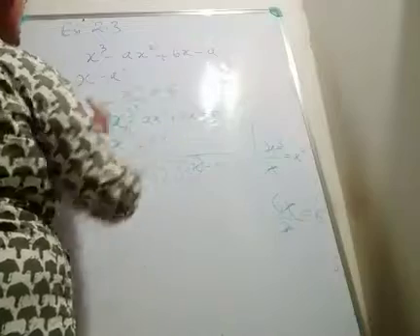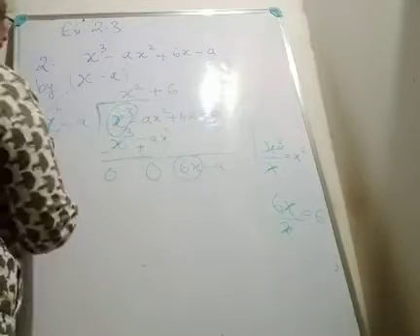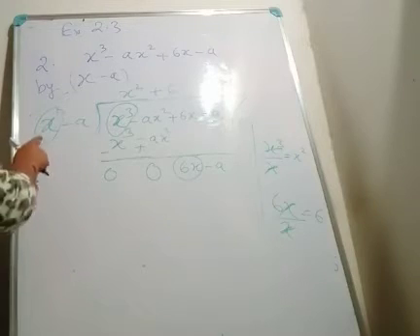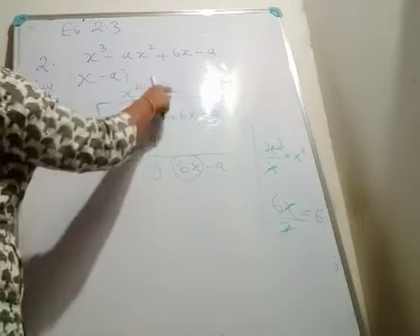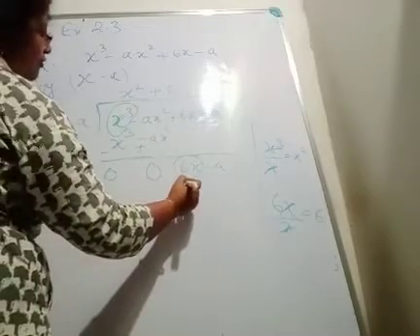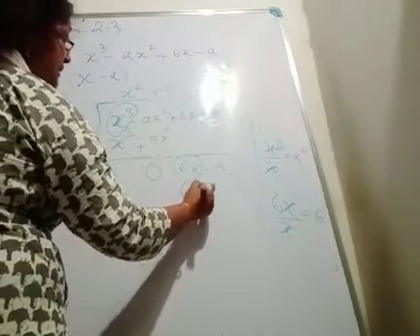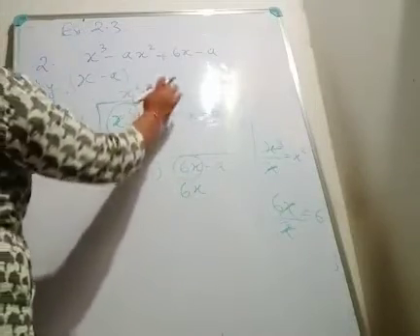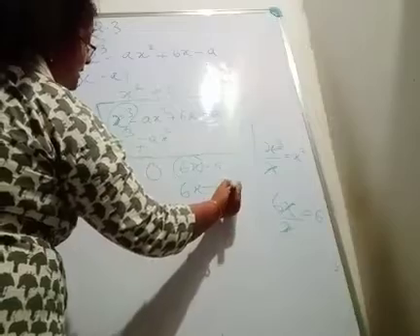Write plus 6 as the quotient and multiply x minus a with the 6 one by one. So what we will get? We will get x into 6 is 6x. So where shall I write 6x? We shall write 6x under 6x because they are of same degrees. And now multiply minus a with 6, we will get minus 6a.